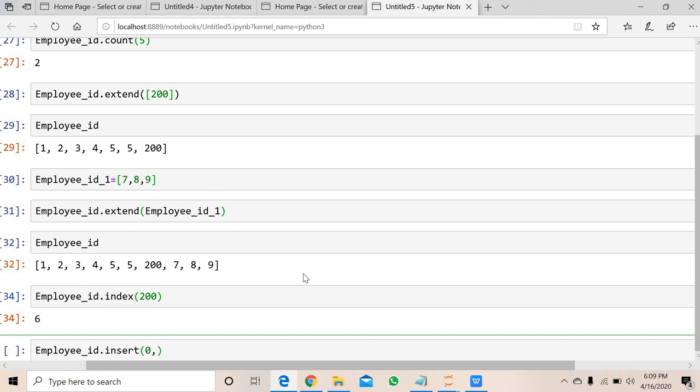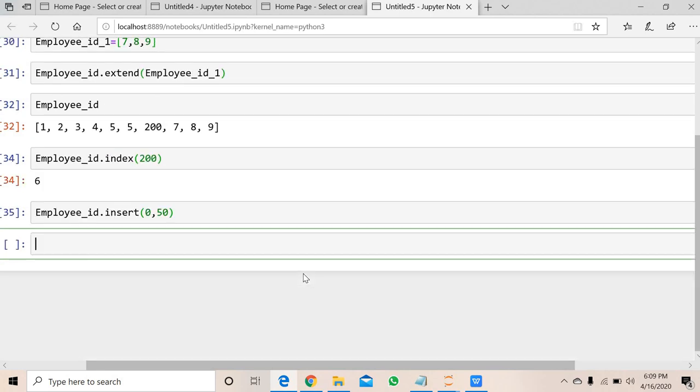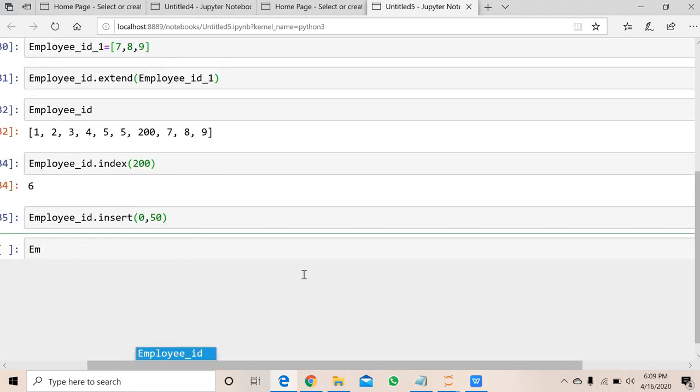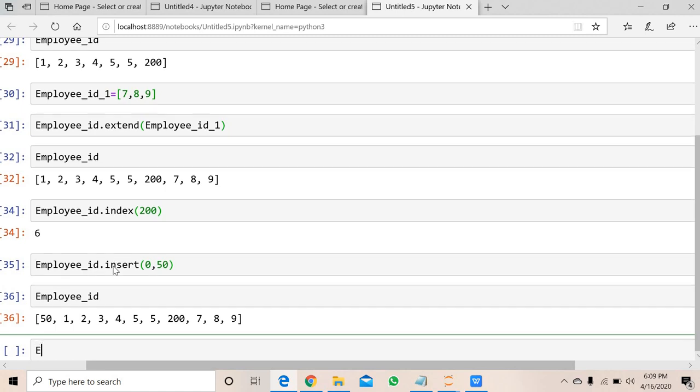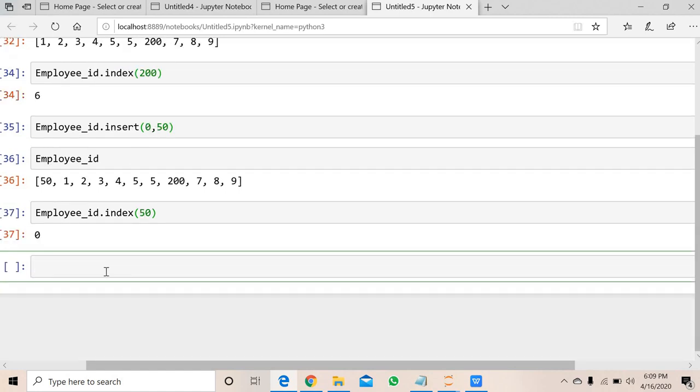If you want to insert any number like 50, we can do that. See, the 50 is inserted at index 0. We can check the index of 50: employee id dot index of 50 is 0. Okay, we have added this one, so we'll go to the next one.